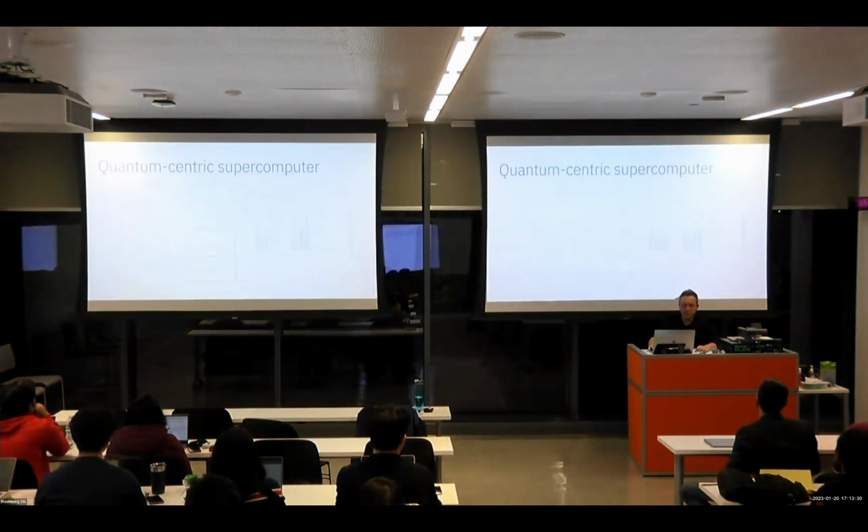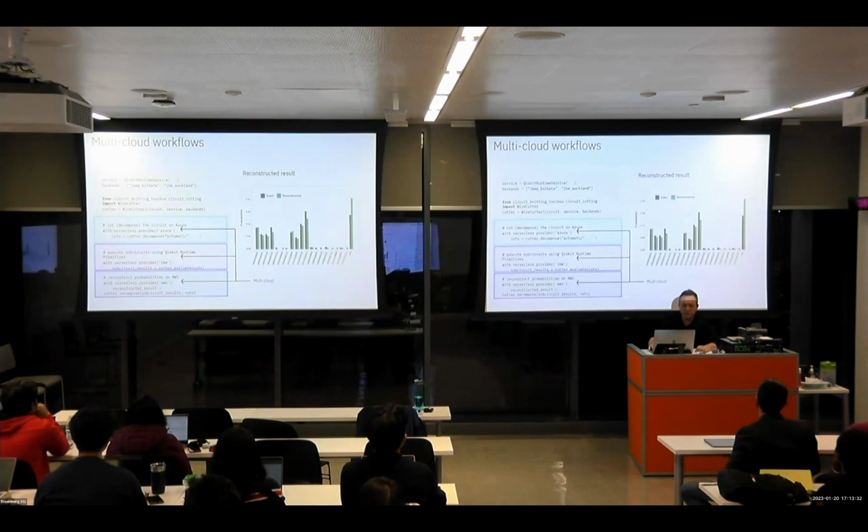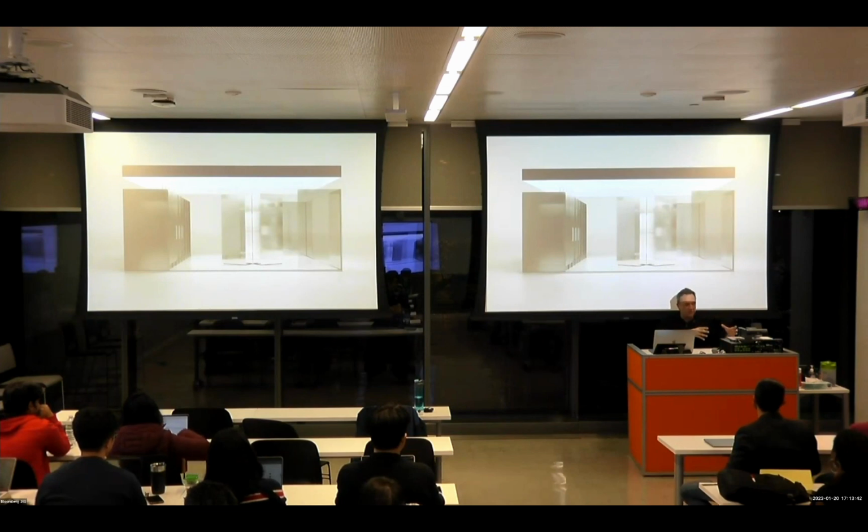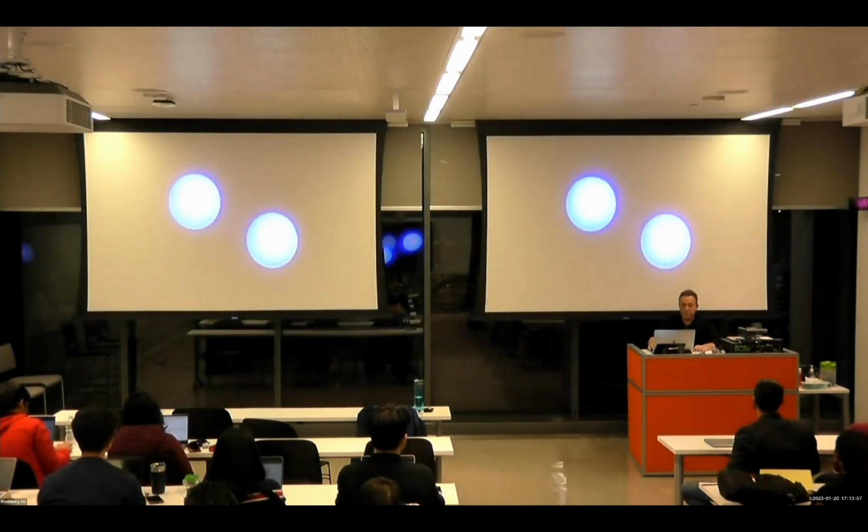I'll skip past this slide and I'll skip past multi-cloud workflows. What we're working towards ultimately in the next 3 to 5 years is a quantum-centric supercomputing model where we have quantum computing, classical computing, and AI and ML working together and orchestrating together to solve problems. And I wanted to just share this last video with you, which shows our vision for this. We're launching this system in November this year, and see what you think.